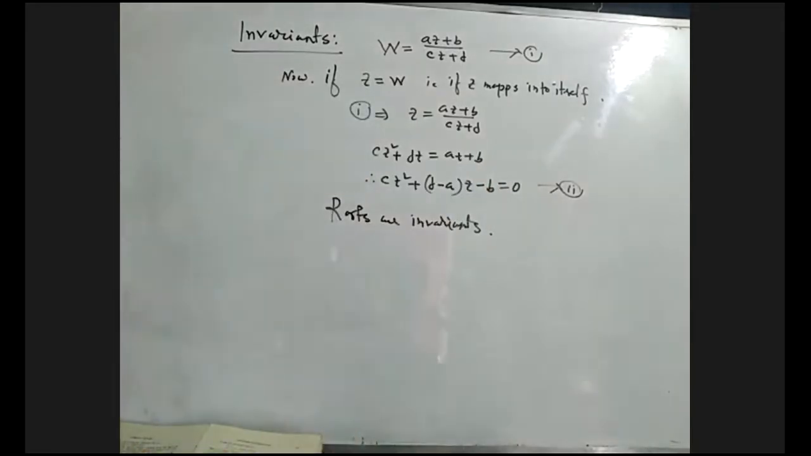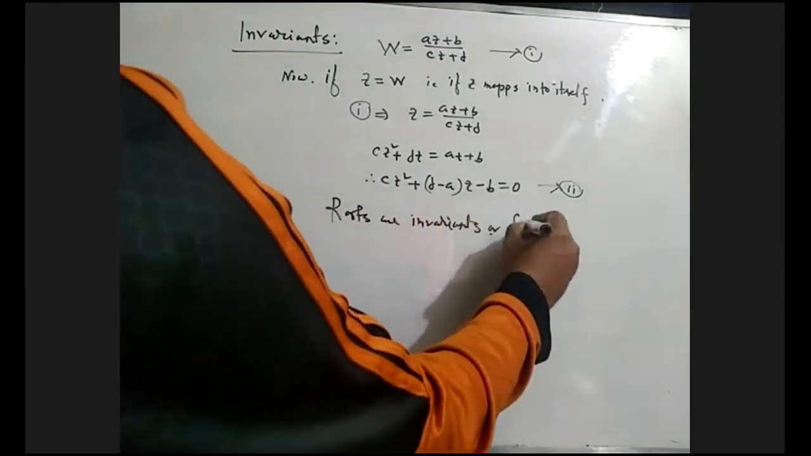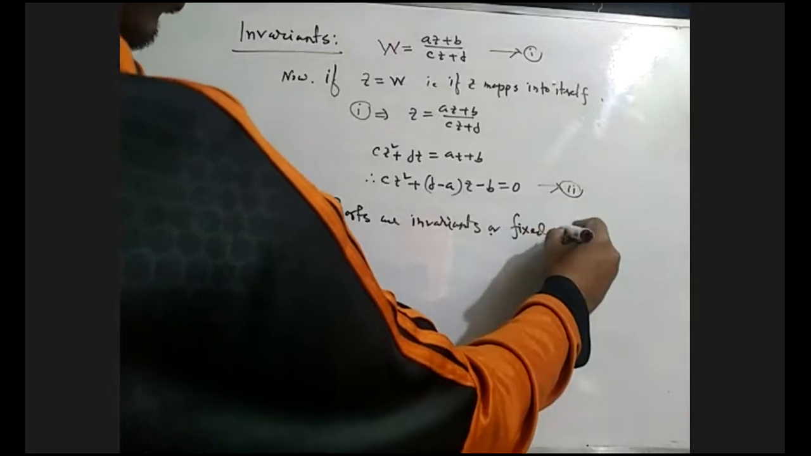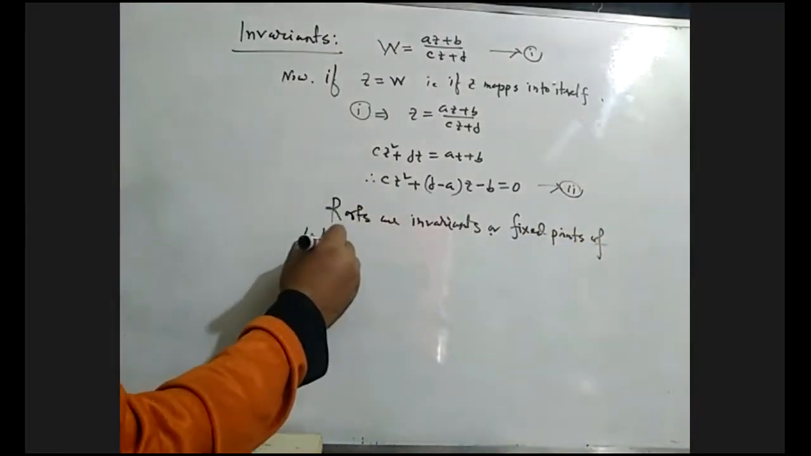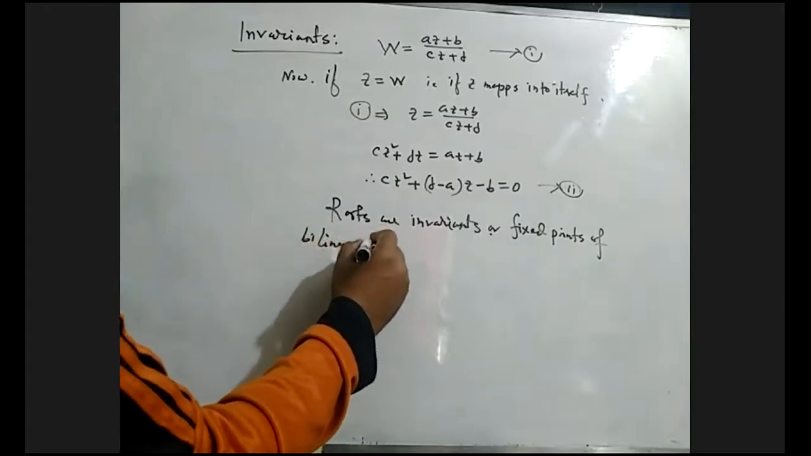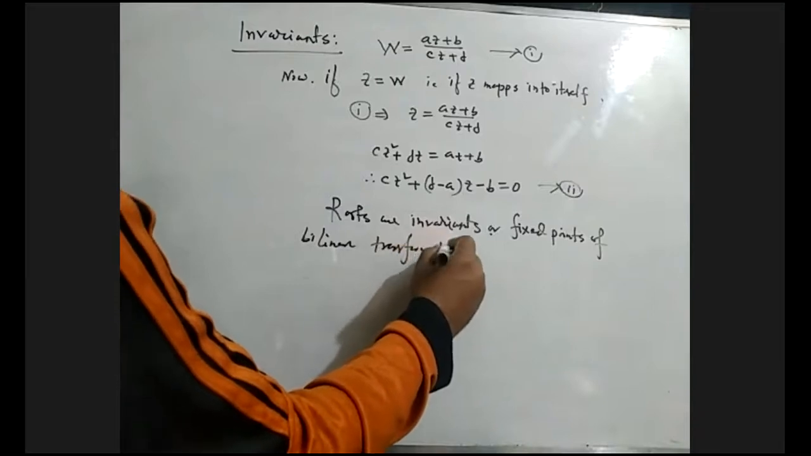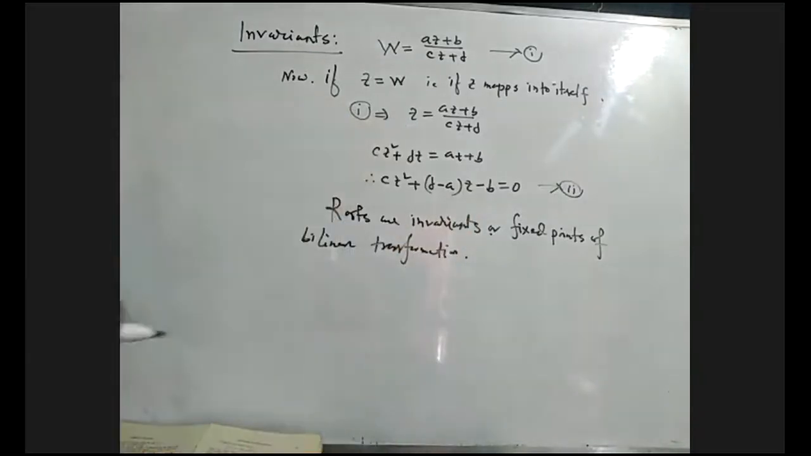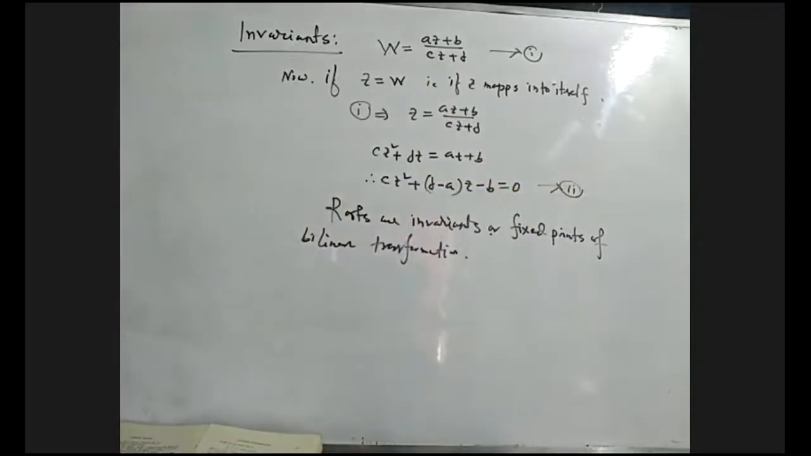These two roots will be invariant or fixed points of the bilinear transformation. Roots are invariant means there will be no change, and that means it will be an equilibrium point or fixed point